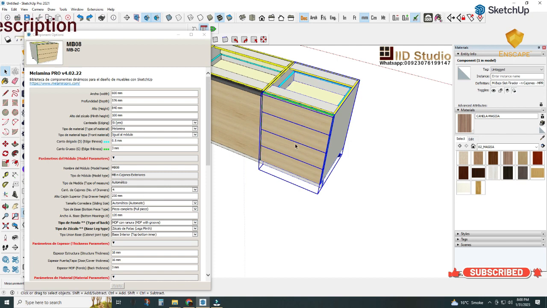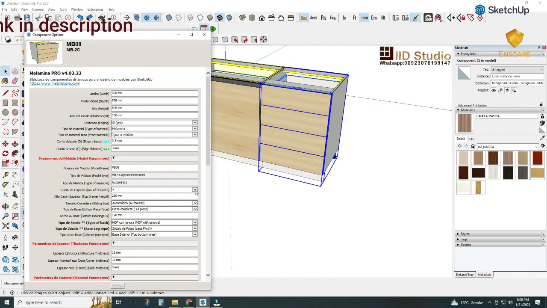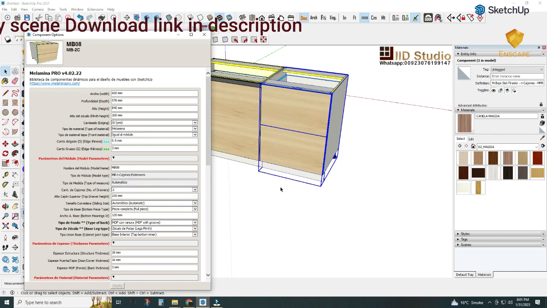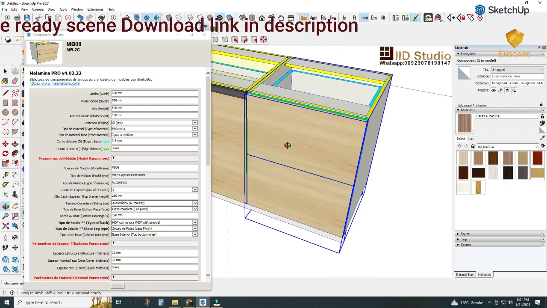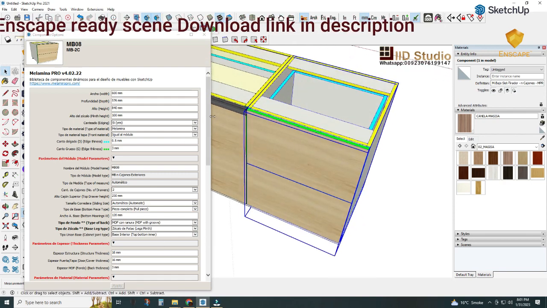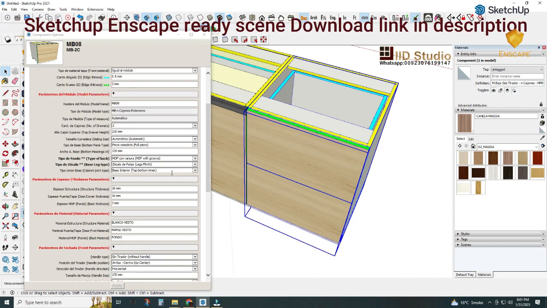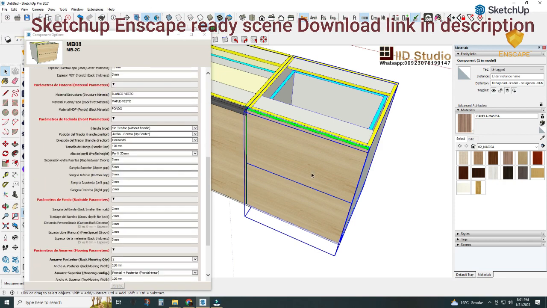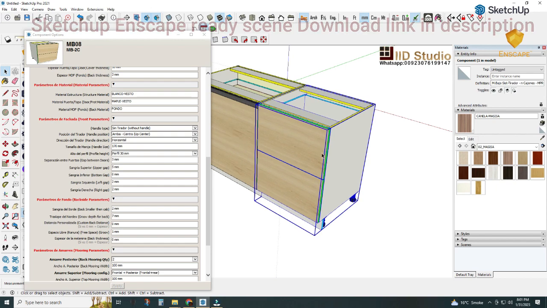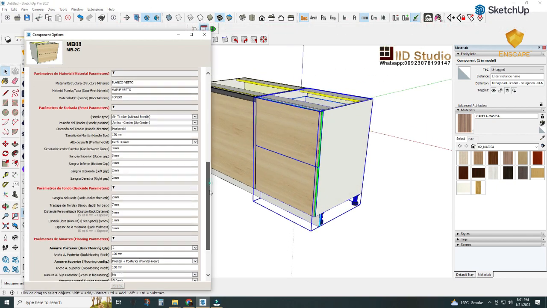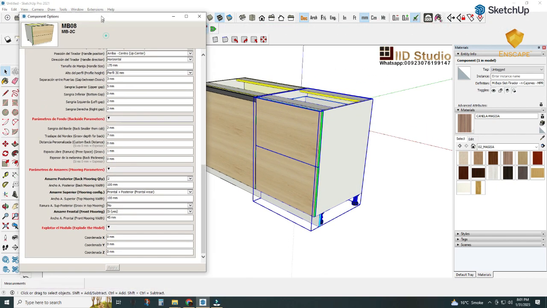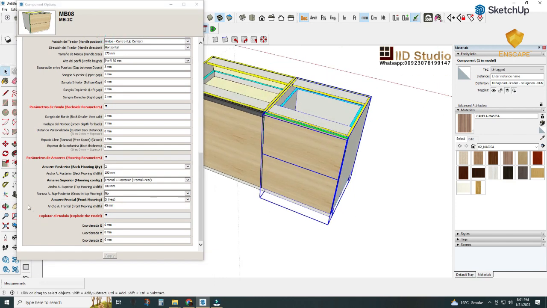You can change the drawer quantity, so you can change it to two drawers automatically, three drawers, two drawers, whatever is your requirement. You can change it as per your demand. And the last option